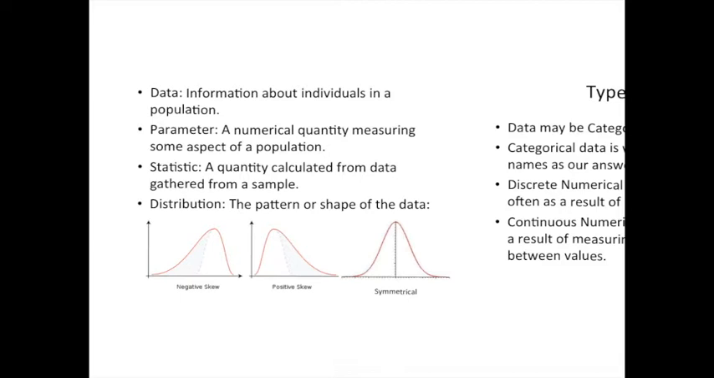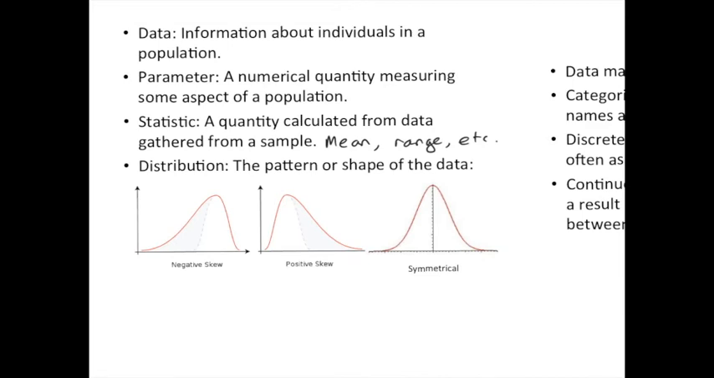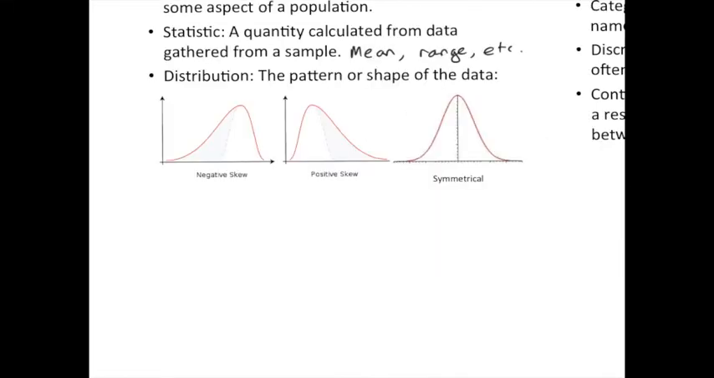A statistic is a quantity calculated from data gathered from a sample. So a statistic is like the mean or mode or median. Now, the distribution is the pattern or shape of the data. Now, symmetrical, the last one there, is really easy. But do you remember these others, negative skew and positive skew? Does anyone know how to tell if it's negative skew or positive skew? Does anyone know? In a number line,